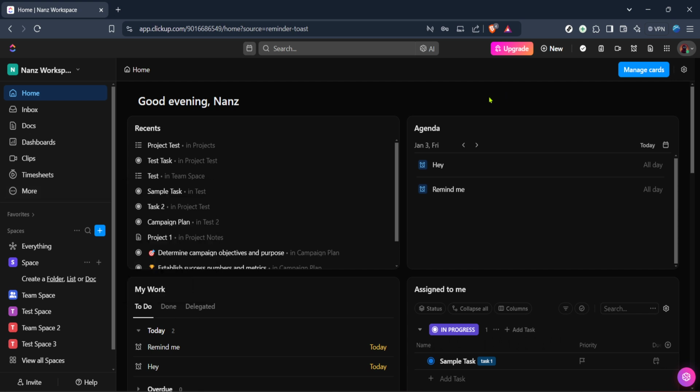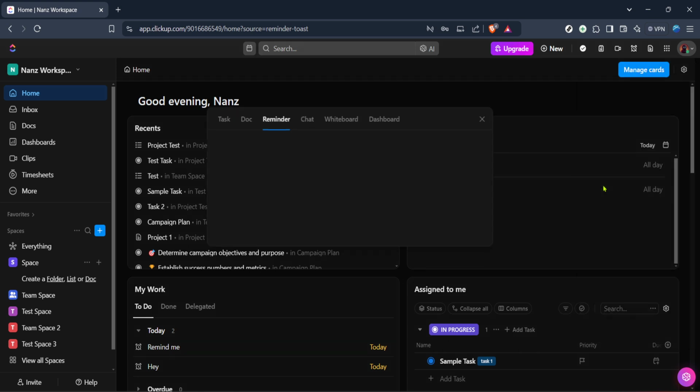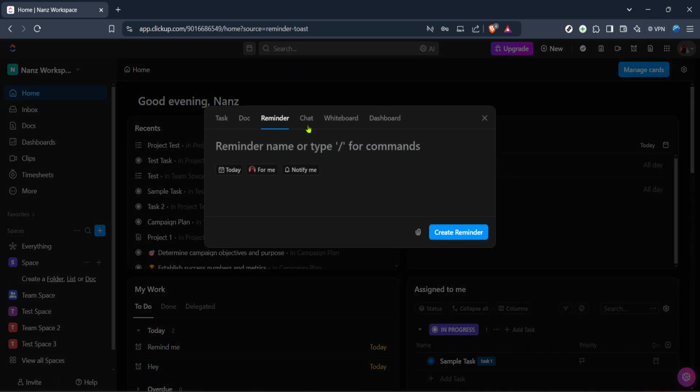Speaking of sharing, Clickup allows you to delegate reminders to others in your workspace. This feature is fantastic for teamwork and ensures accountability, enabling you to spread tasks among team members efficiently. In a world where time is of the essence, being reminded of the important things at the right time can make all the difference. Clickup's reminder feature is here to make sure you're always ahead of the game, reducing stress